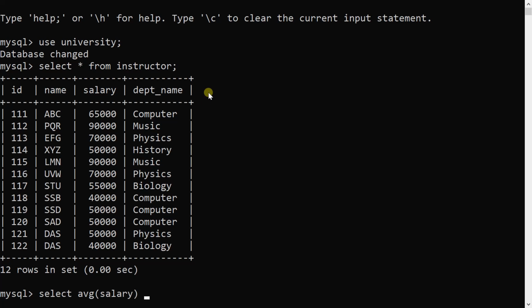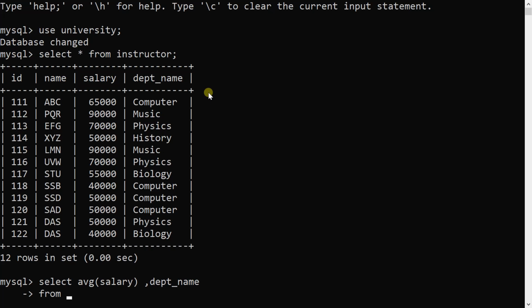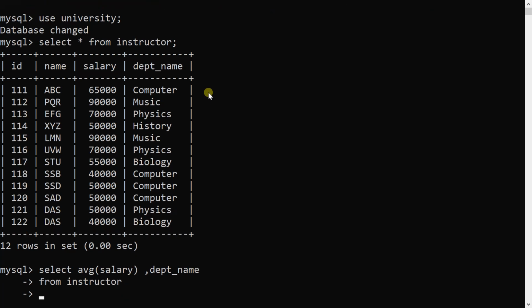Select AVG salary, comma department name. Department wise, we have to find out the average salary from instructor group by department name.